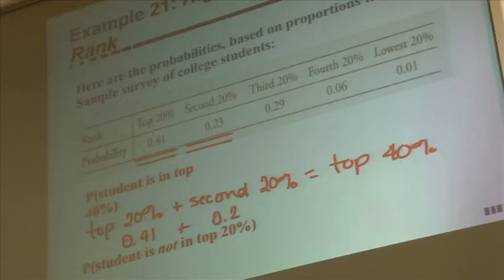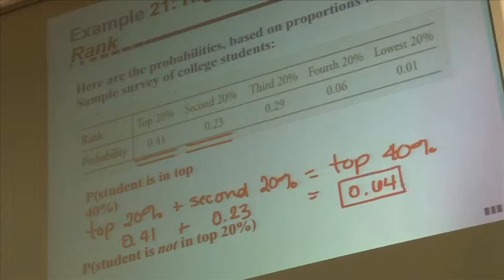0.23, gives us a grand total of 0.64. So this is the probability of students being in the top 40. Without using the chart, how could you find, or sorry, you do have to use the chart for this one. How do you find the probability that the student is not in the top 20% without adding things together? Instead of adding, you can